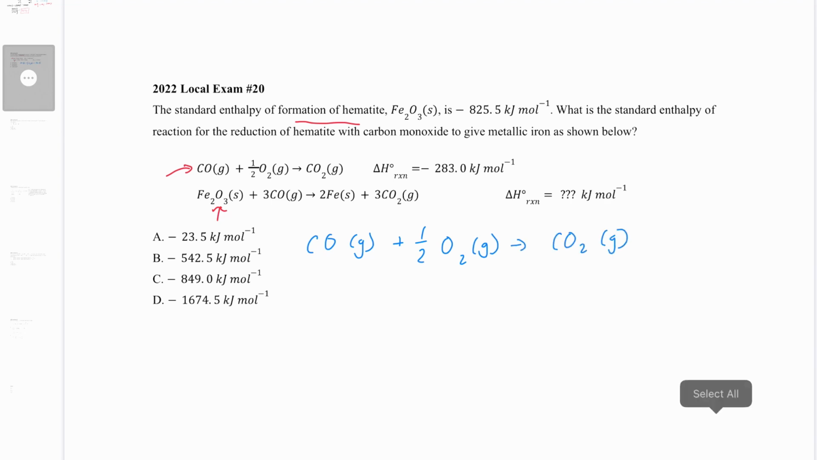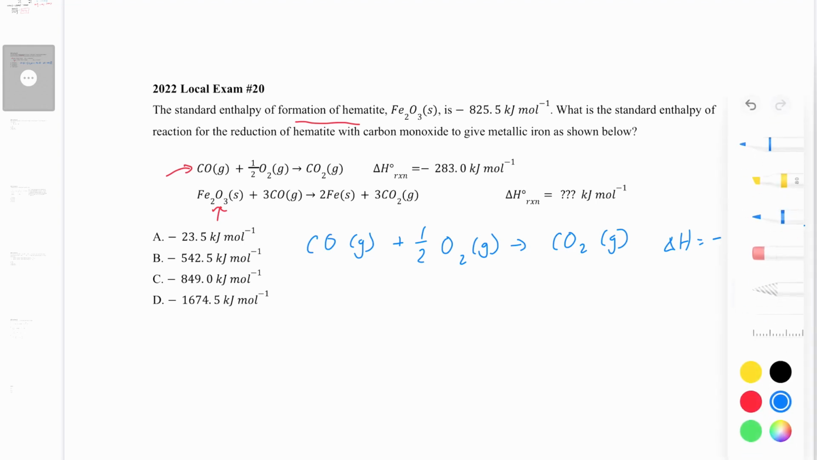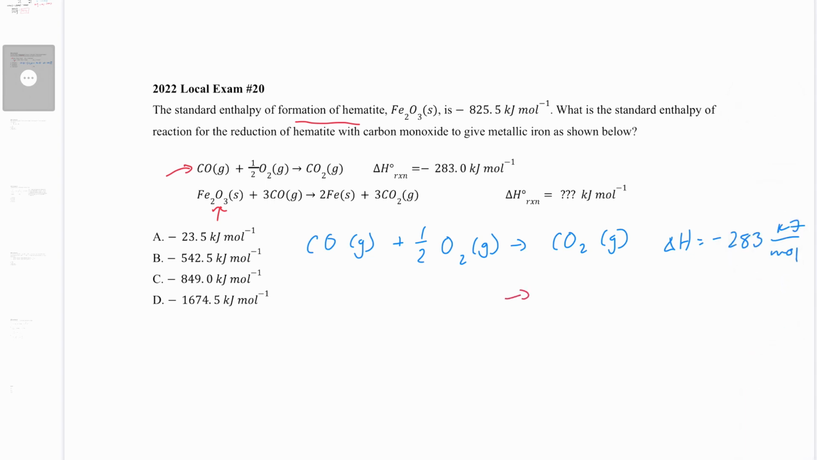And this has a delta H of negative 283 kilojoules per mole. All right. The other reaction that we have is going to be the reaction of the formation of hematite. So we know that our enthalpy of formation deals with the reaction where you form one molecule of your product. And one molecule of our product is Fe2O3, and this needs to be made up of iron atoms and oxygen